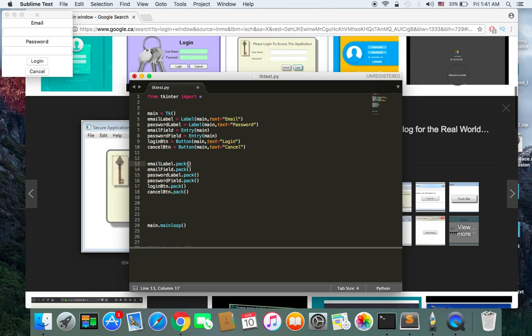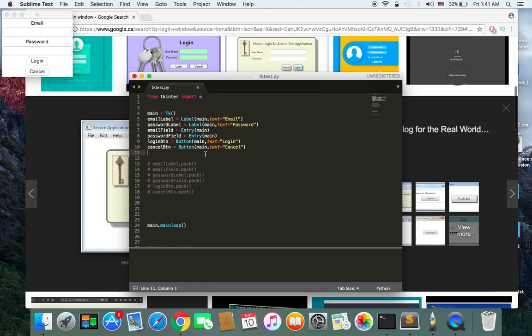So instead of using the pack function, we are going to delete all of these pack functions, because pack just adds the widget to the window with a left or right, and it's not very good at positioning the element correctly or in a specific place on the screen. So I'm going to comment all of these out,